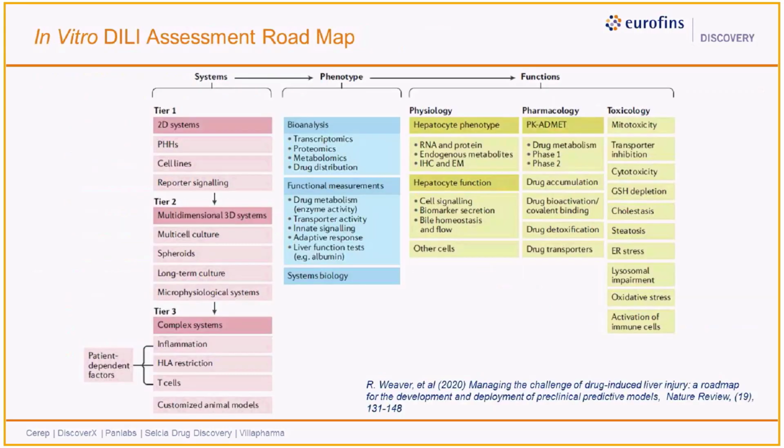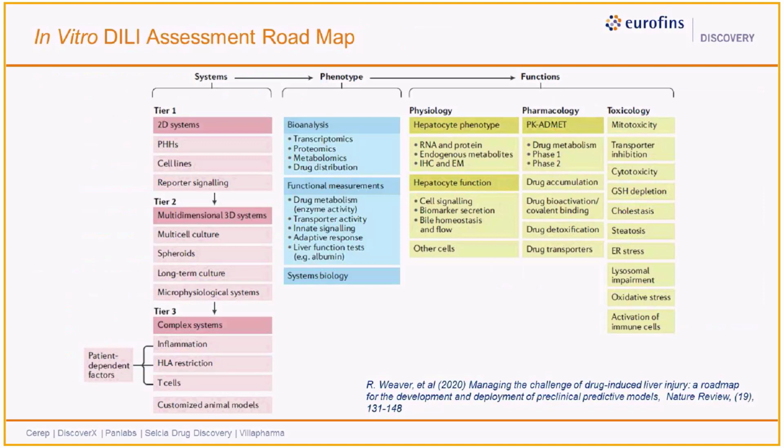Because DILI can be a multi-step and multicellular disease process, the prediction of all forms of DILI is inherently impossible by a single assay. In a publication this year in Nature Reviews Drug Discovery, a group from European pharmaceutical companies and academia partners proposed a roadmap for the development and deployment of in vitro predictive models for DILI. They take an approach containing a tiered system utilizing currently available in vitro assays and integrating with emerging cell-based technologies